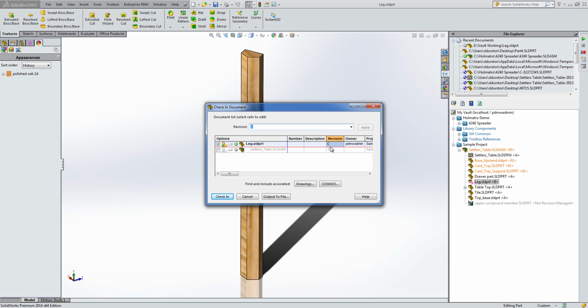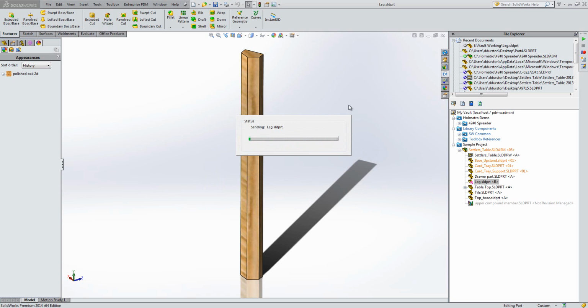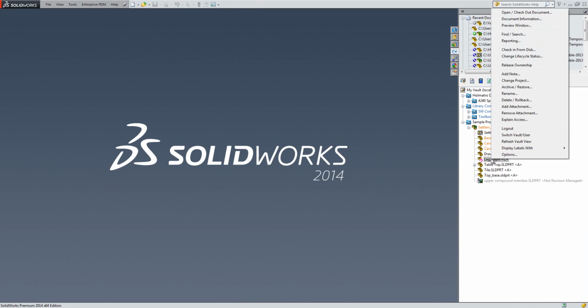So I'm going to leave it at C at the moment, and we're going to choose check-in, and I get a warning that I haven't written number and description against this part, just the file name itself. So now I've got the file checked back in again. I can have a look at changing it to a